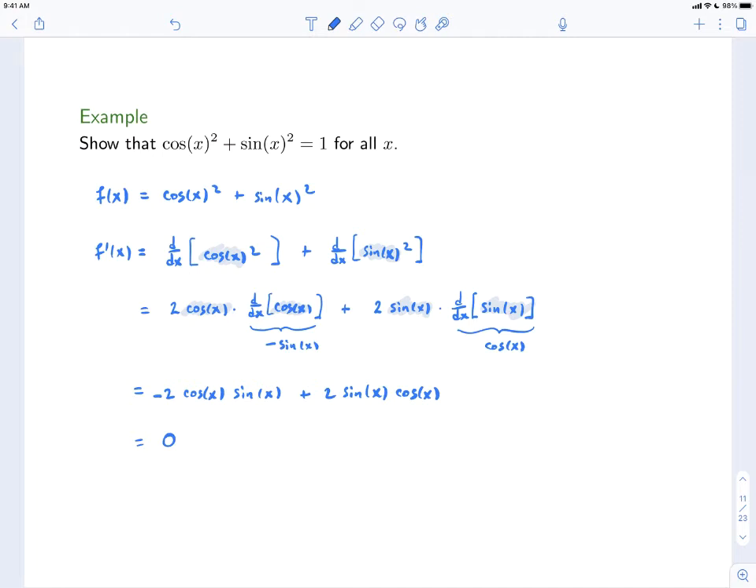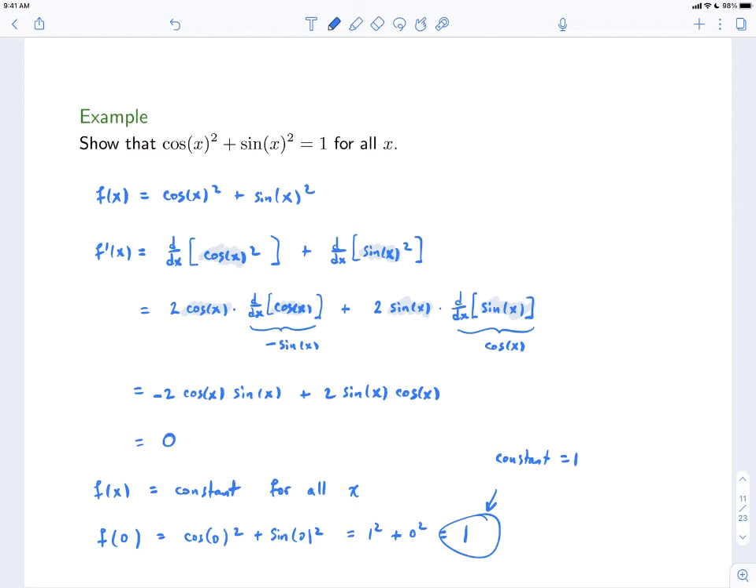Now this was true for all x. So f prime of x is equal to 0 for all x. So by the zero derivative theorem, f of x is equal to some constant for all x. And to figure out what the value of that constant is, you just pick some x value. So f at 0 is equal to cosine of 0 squared plus sine of 0 squared. Well, cosine of 0 is 1, squared, plus sine of 0 is 0, squared, is equal to 1. So that tells us that our constant